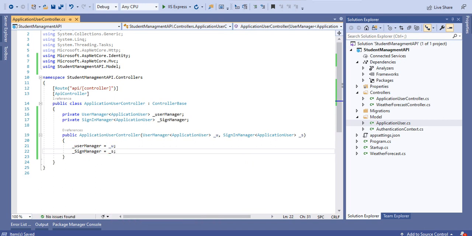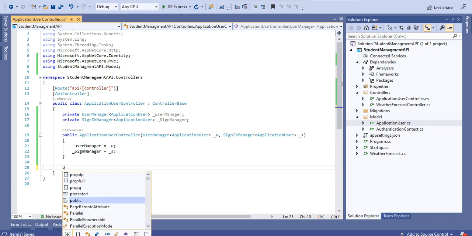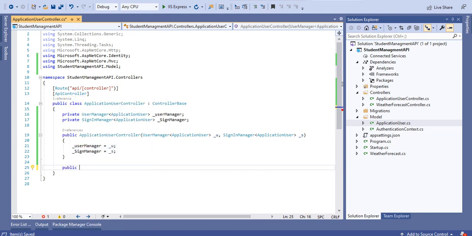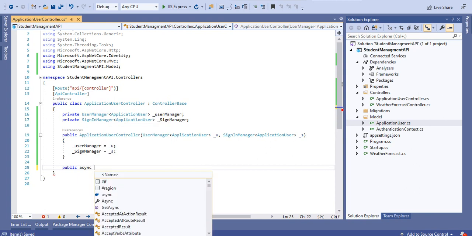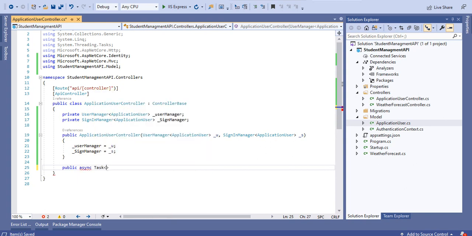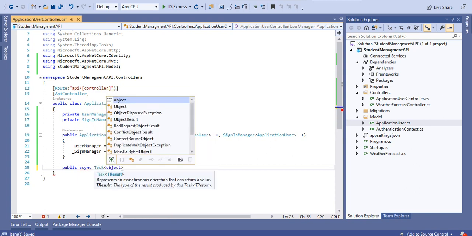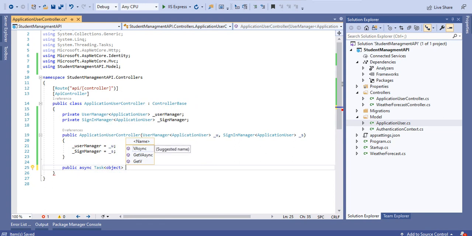After doing this, now next we have to create a post method which will create the user, or it will create the student profile for us. For creating that, first we have to create public, and then an async method, and the task type will be object, and here we have to give the name. So here I can give student registration,